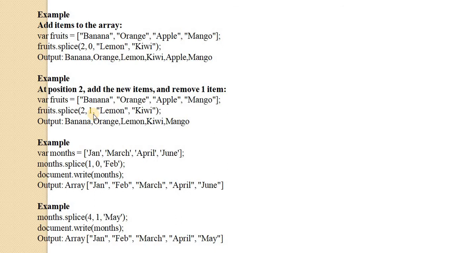at the index 2, which means we replace 1 element at index 2 (0, 1, 2). Here we replace the apple and add lemon and kiwi, that is two elements in the array.